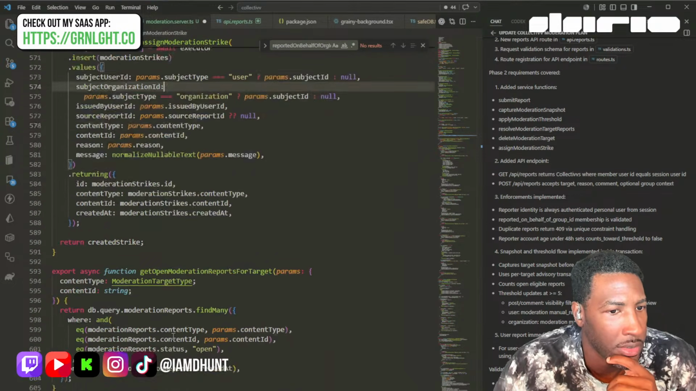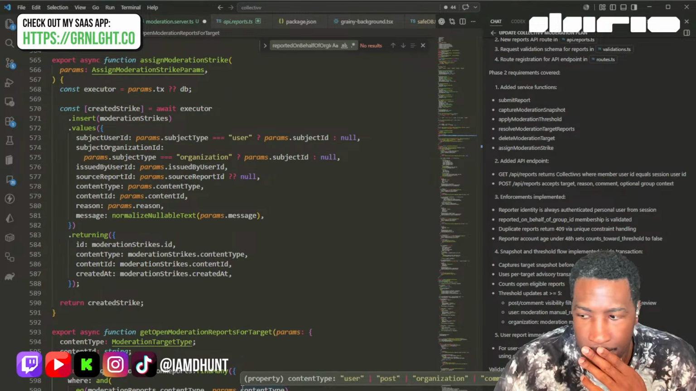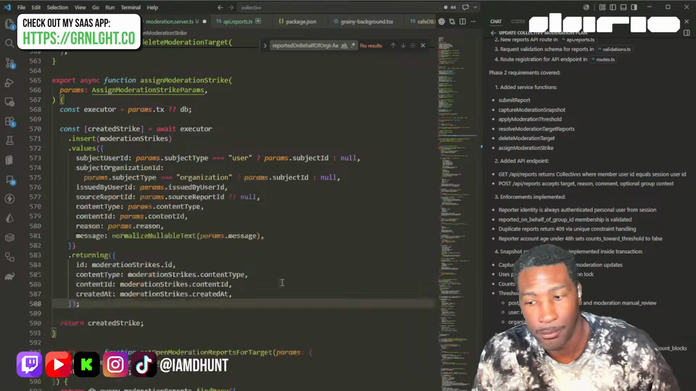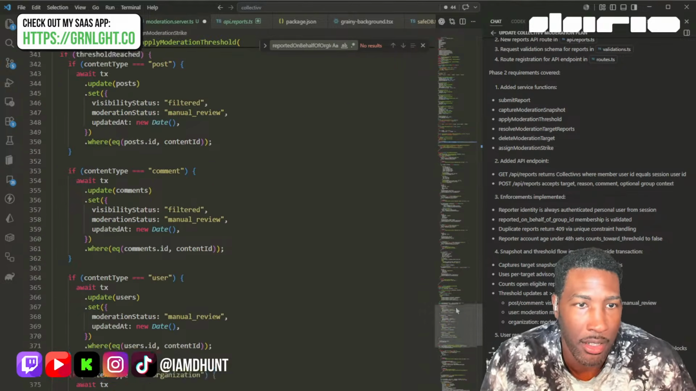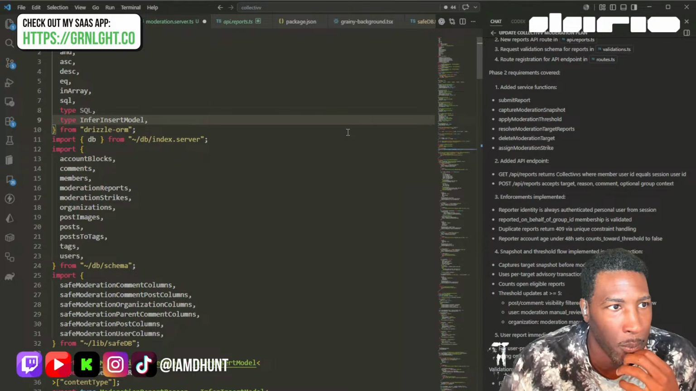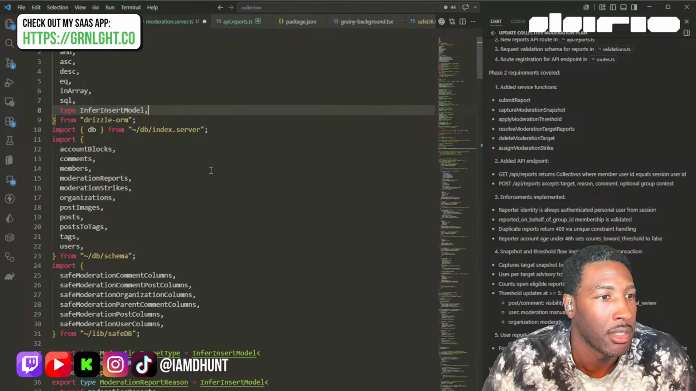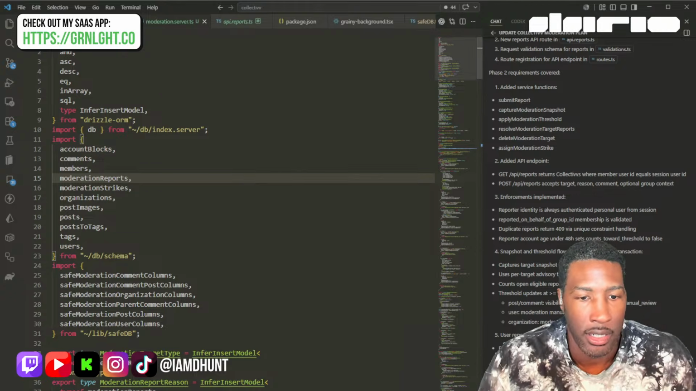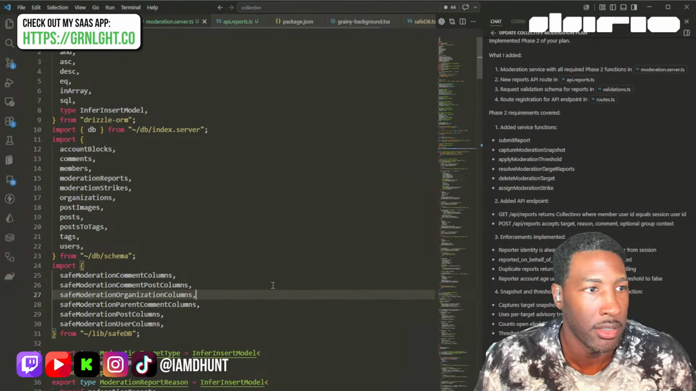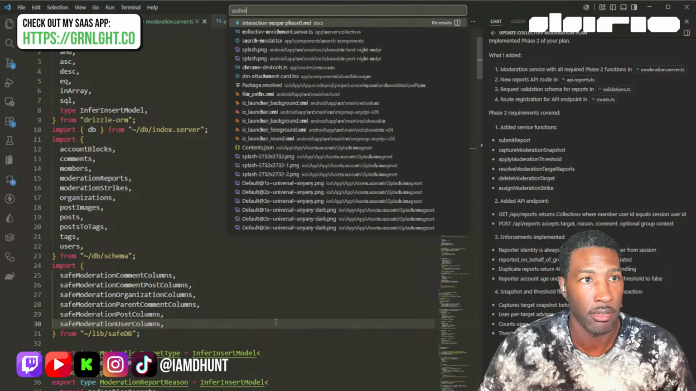Assign moderation strike. It's easy enough. I do need to have some rate limiting here, I'm assuming. Well, you can only report once, you can't do multiple, so I might not have to do that. So all right, let's do this. Let's keep this, and then let's actually tell it